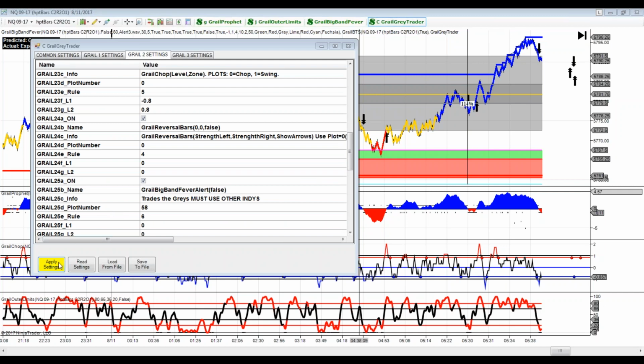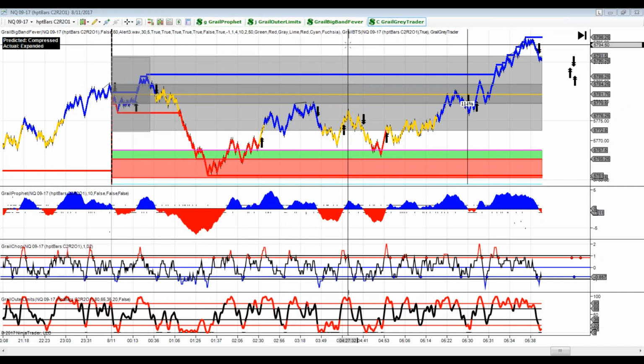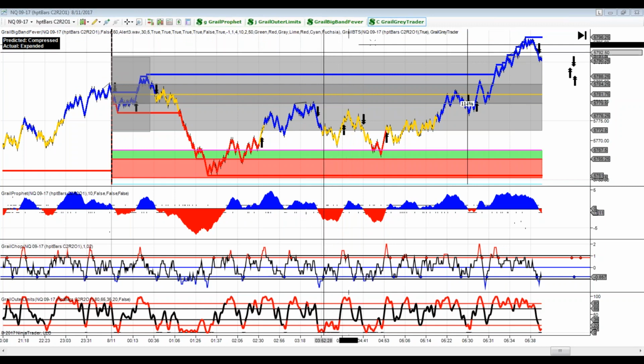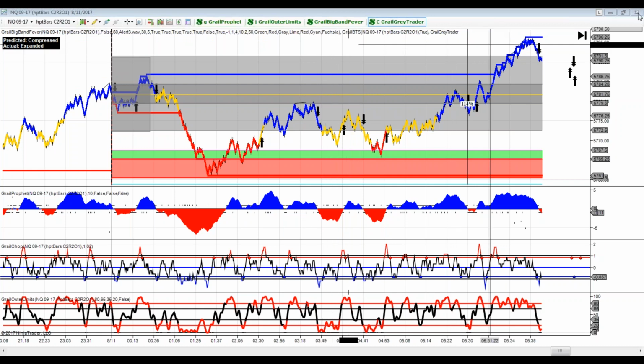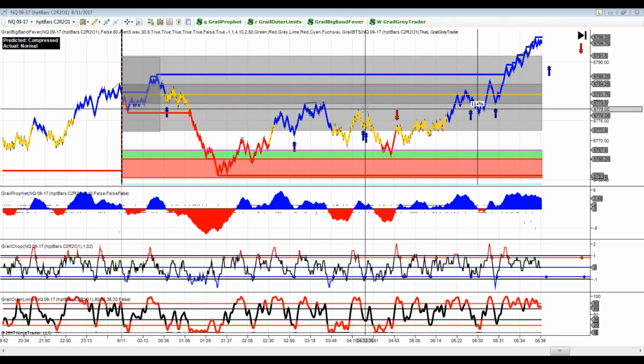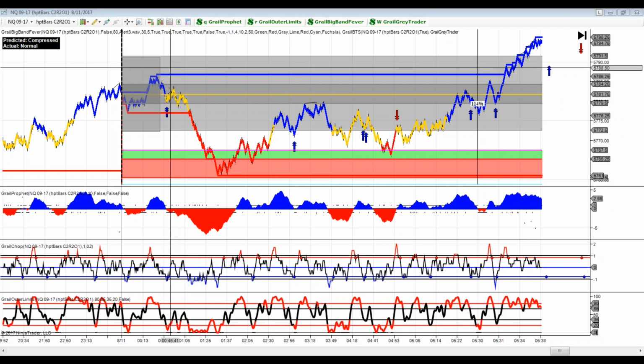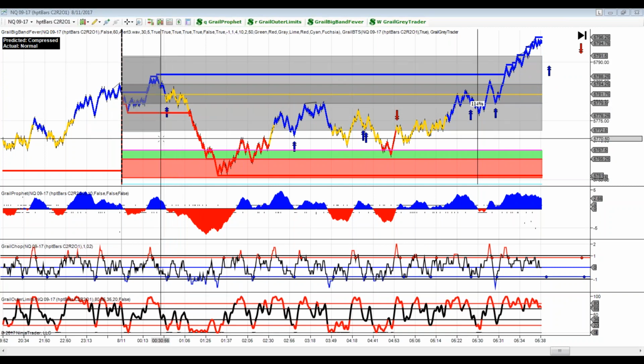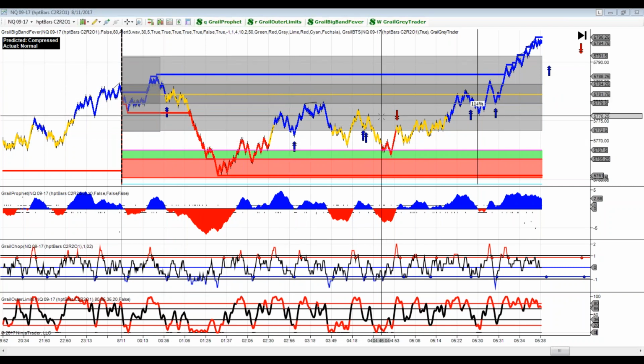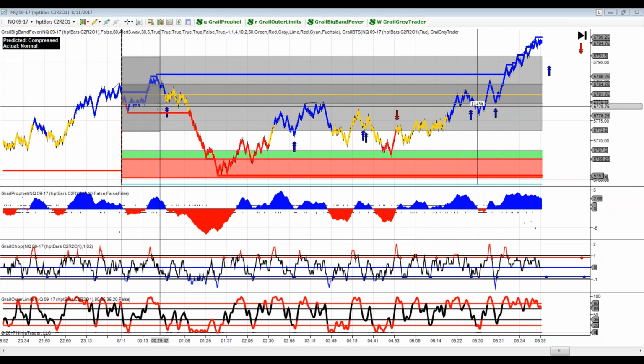Remember, you always want to click apply. And again, if you did it on the fly, it would pick up the trades on the fly, but if you want to see the historical, you've got to go ahead and reload the chart. Okay, so after the reload, this is simply taking the Grail 2 entries, the standard Grail 2 entries, only in the gray area. So you can see the trades that are signaling in the gray area,